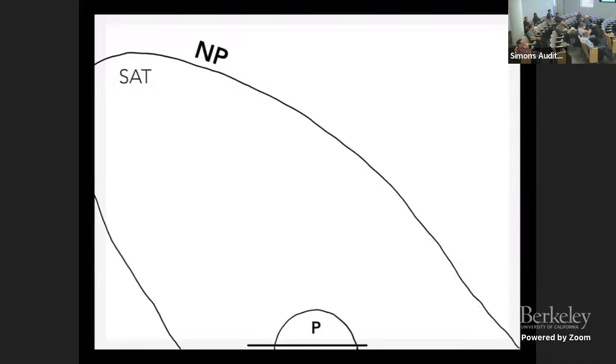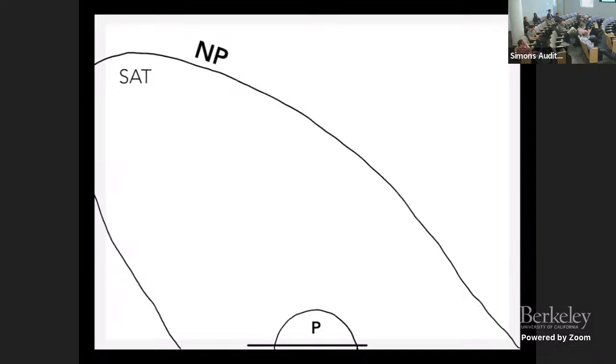So I want to start at the very beginning, right? We are complexity theorists, and when we teach complexity in 7th grade, this is what we teach, right? There is P, there is NP, and then there is SAT. And then we talk about all these other wonderful things like clique and subset sum and vertex cover, and they all happen to be the same as SAT. So it's a simple picture, it's nice, and then the students usually conclude that NP means not P, right?